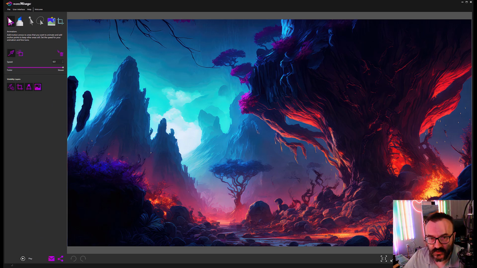To do animations, we'll select our tool, and for example, say this area I want to raise. So I'll select and drag, and as you drag, you can see it will create an arrow. The problem is when you just create arrows, this sets the speed. So for example, you notice right here I have short arrows, and if I have one